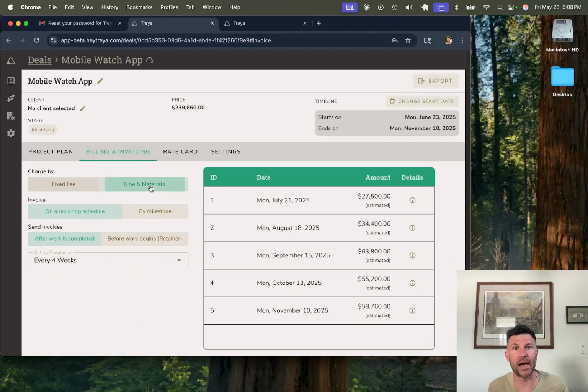Or we're doing time and materials, where we're saying, well, we've estimated that we're going to be able to spend this much time with these different roles. And maybe you're signing up for a not to exceed of $239,000. Or maybe you're going to the client with something a little bit different, but you have the math here, and that's important, right? And so you are configuring these different variables that construct the deal and the invoice schedule,